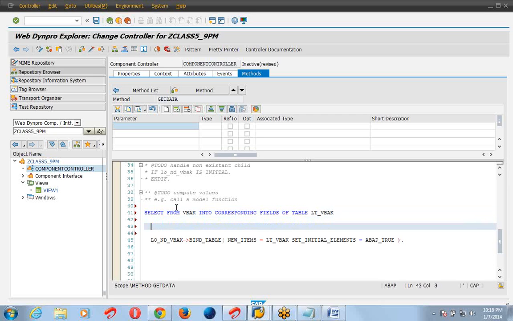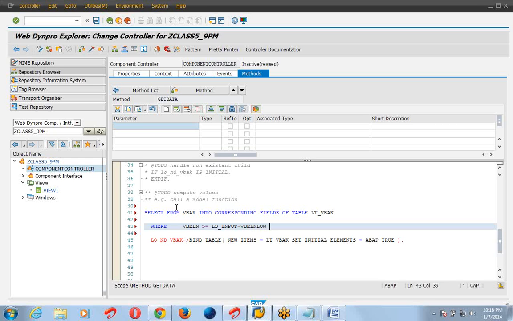Now I have to give the condition because we are getting the data based on the input field. Where vbeln greater than or equal to the work area input field, which field? vbeln low.